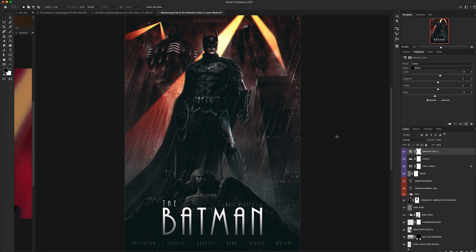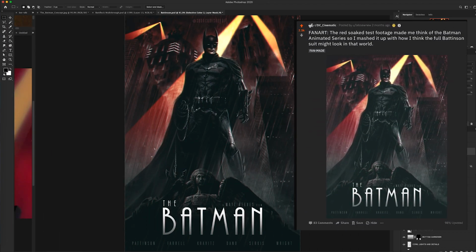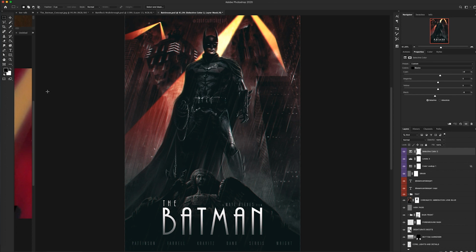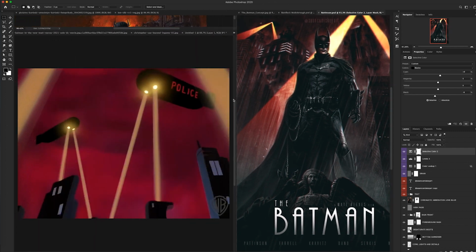And all of that buildup was to bring us to this piece, which is my Robert Pattinson or Battinson Batman piece. I did this recently and posted it to Reddit, where it was mildly successful, and I'm going to basically take you through all of the steps that I took to convert my Ben Affleck Batfleck piece and turn it into this. First off, I wanted to show you some of my inspiration, which was obviously the Batman animated series,